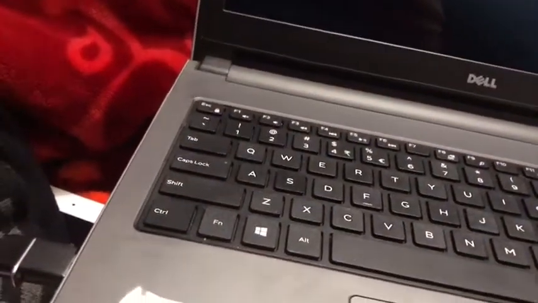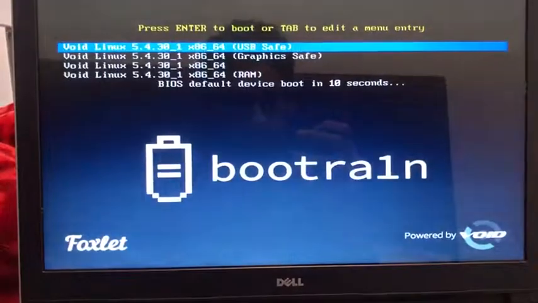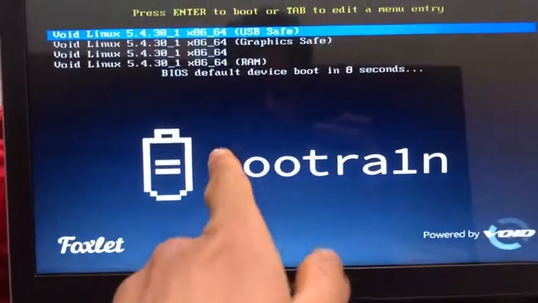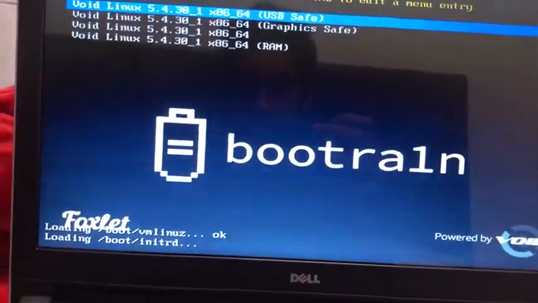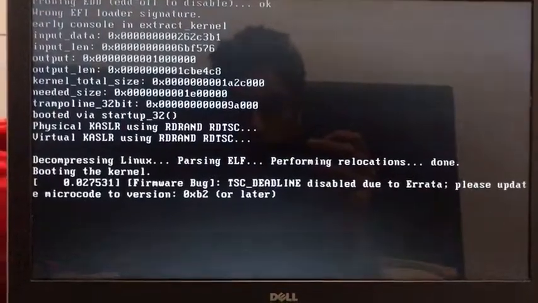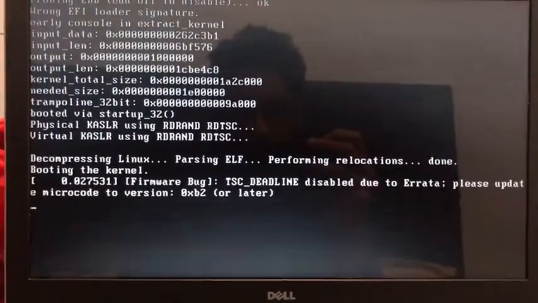It's my pen drive here, and you see the boot train USB, then click enter. Okay, here it is loading.